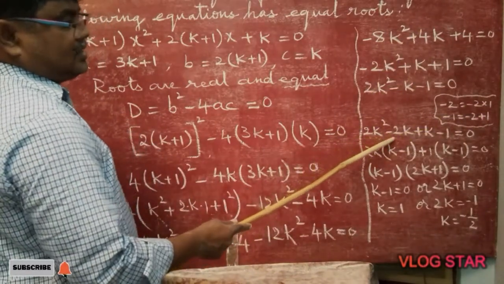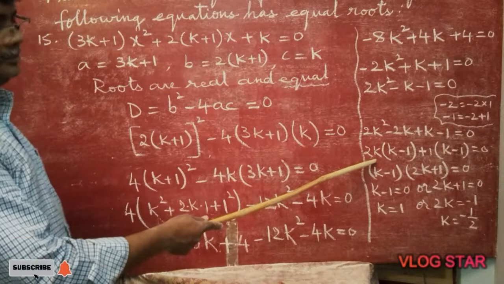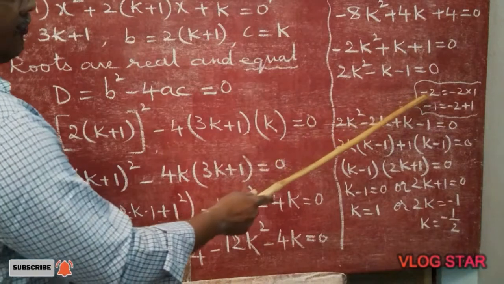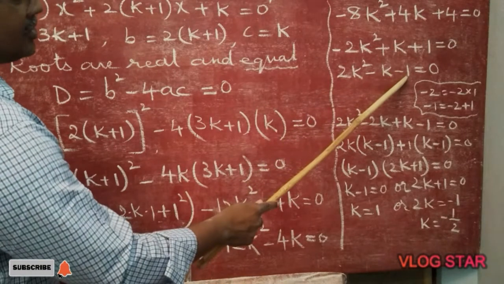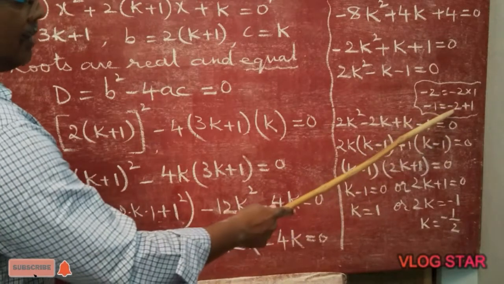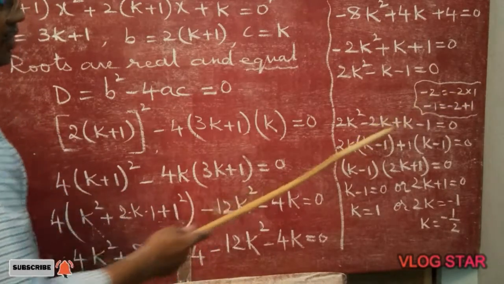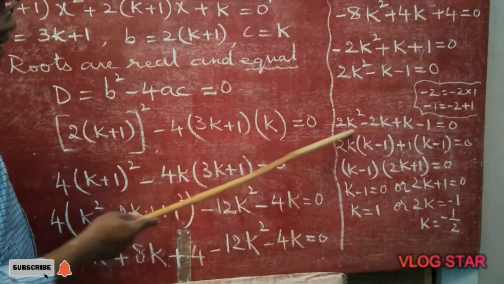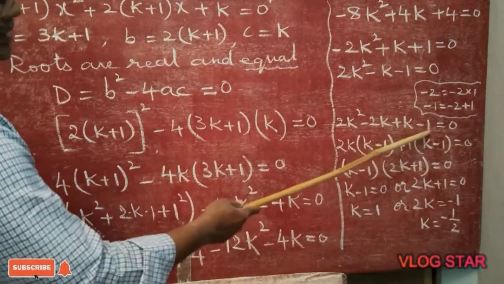Substitute: 2k square minus 2k plus k minus 1 is equal to 0. From the first two, take 2k common, k minus 1. So be careful. Finding factors is one thing, applying signs is another thing. Whenever 2 is there, you have to see 2 into minus 1 is minus 2, and here nothing is there means minus 1 is there. So minus 2 plus 1, simplify, minus 1. After applying, be careful in taking common. 2 is common and k also common, so 2k you take common, k minus 1. The next two terms, nothing is there means plus 1 is there.